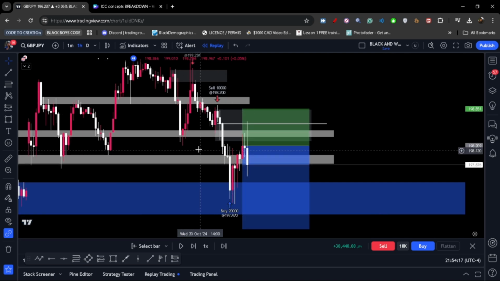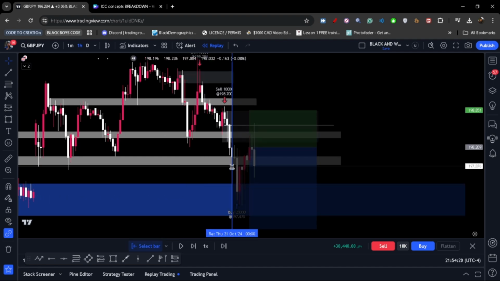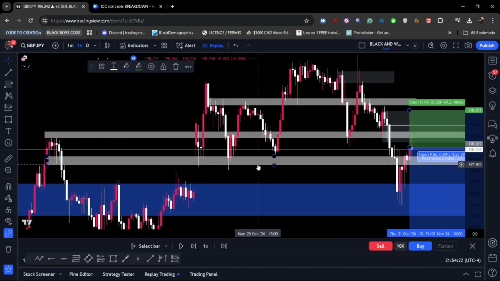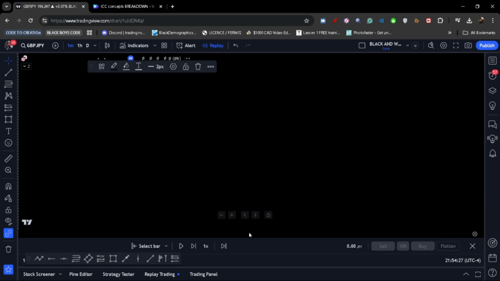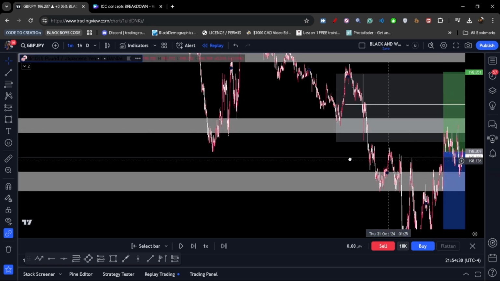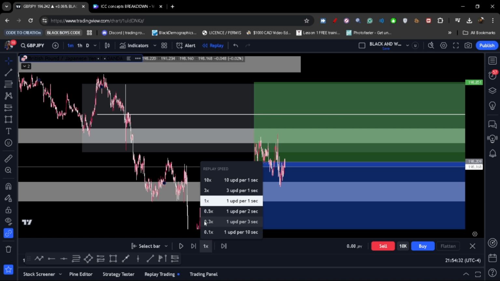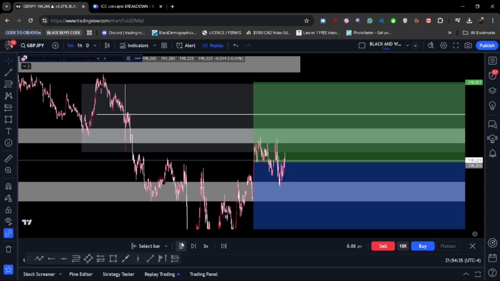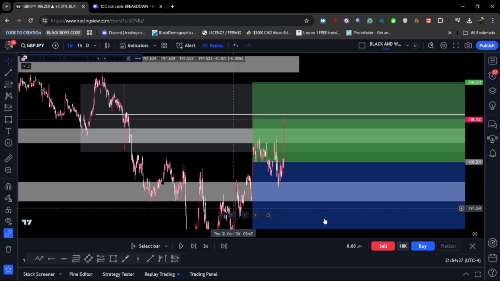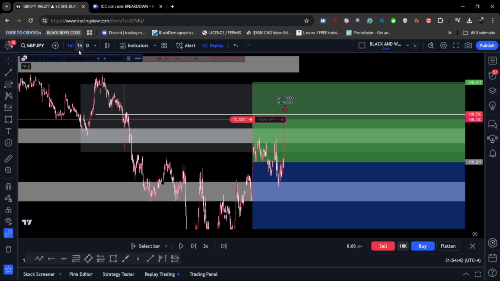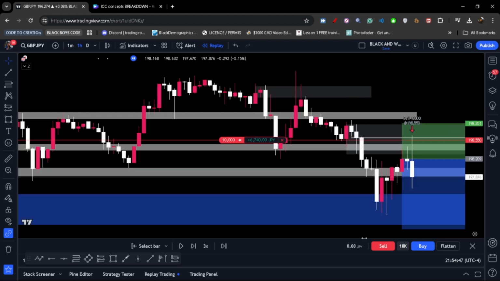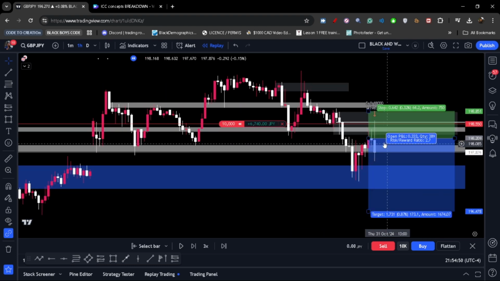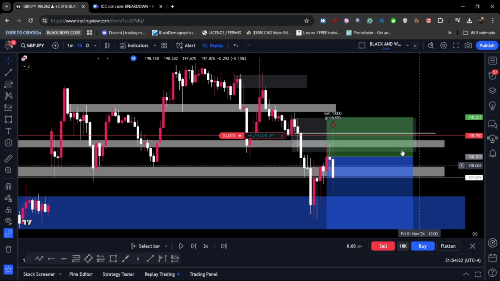So what I can do is actually rewind this and then go to the 1 minute time frame just to speed things up. So when price tapped that body, take a sell, easy. Take a 1 hour time frame, like that, boom, right? So you take a sell at the top right there when price touches that body, and